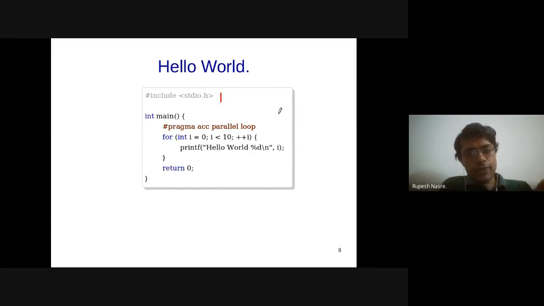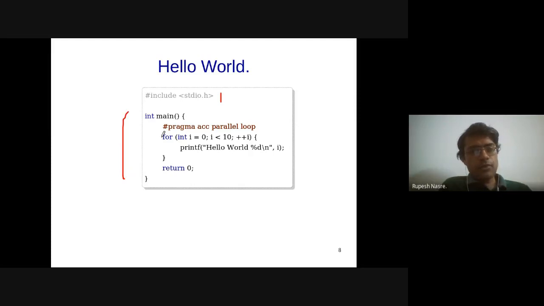However, what we are going to require is a different compiler altogether, right? So that is where we have the trade-off with respect to OpenMP, where we hash included omp.h but compiled using GCC. In this case, we are not going to compile with GCC. We are going to use the Portland Group compiler, which is called PGCC. So I'll show that. The main looks simple.